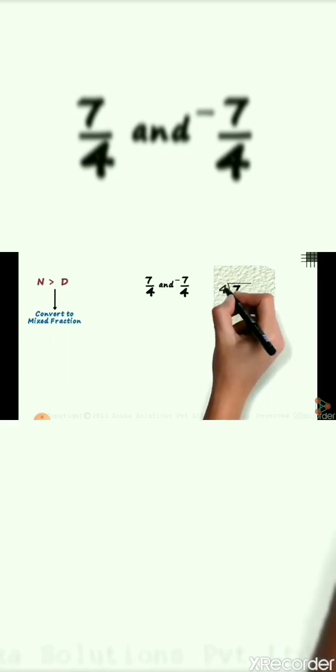We only have to divide 7 by 4. We get the quotient as 1 and the remainder as 3. So we write the mixed fraction as quotient, remainder by divisor. This is the whole part and this is the fractional part. So we can write 7 by 4 as 1 3 by 4. 1 is called the whole number part and 3 by 4 is called the proper fraction part. Each of the three numbers, 1, 3 and 4, tell us something about where 7 by 4 is plotted on the number line.